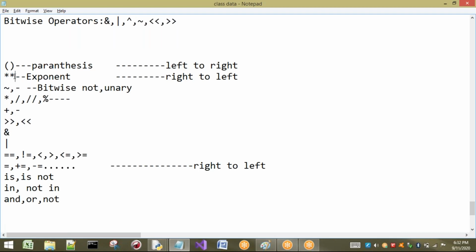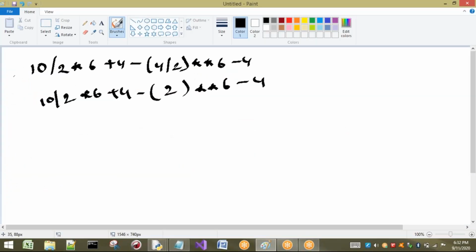So next one is what? Exponent. So what happens here? Exponent means it is going to perform this one. So 2 power 6. What is meant by 2 power 6? See, you think that 6 minus 4 will be done. No. This exponent is between 2 and 6. So 2 power 6 is what? 2 power 6 is 64. So this minus 4 remains the same. I will leave it as it is. Okay. Next 10 by 2. Right. Next, what are the things we are having?